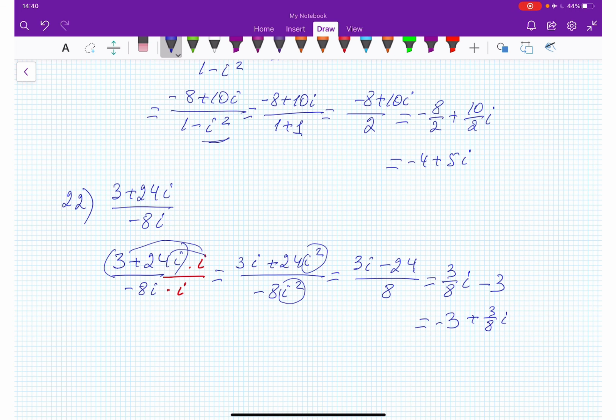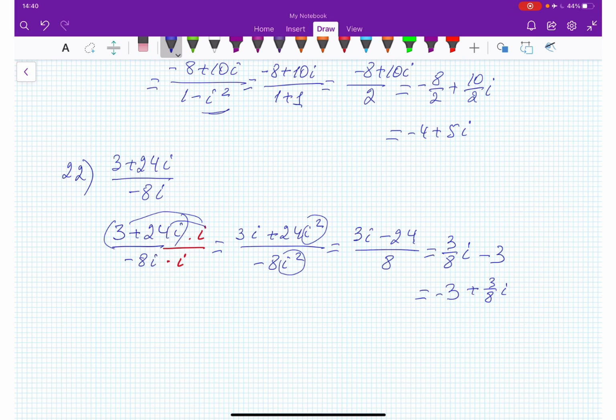Next, let me see, let's do this one. 23. And we get square root of 5 plus 3i, square root of 5